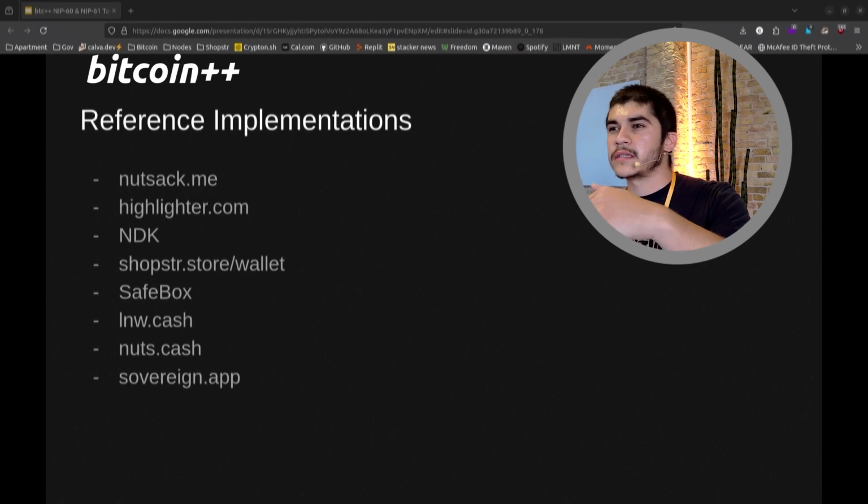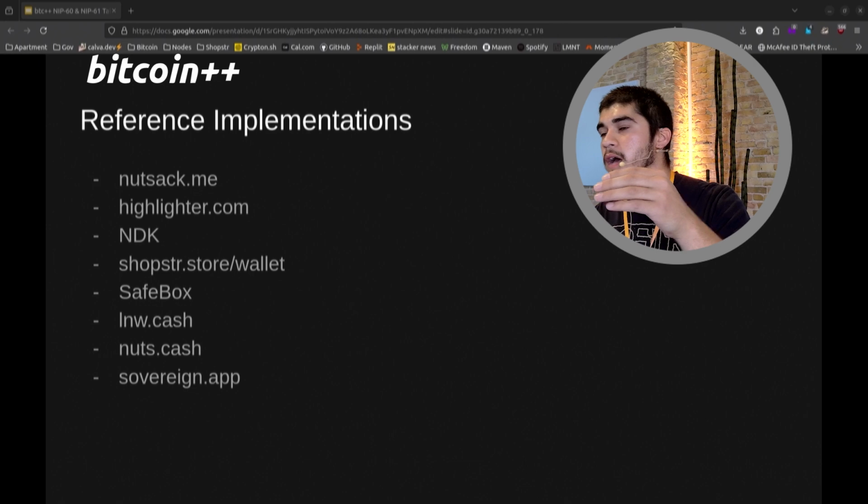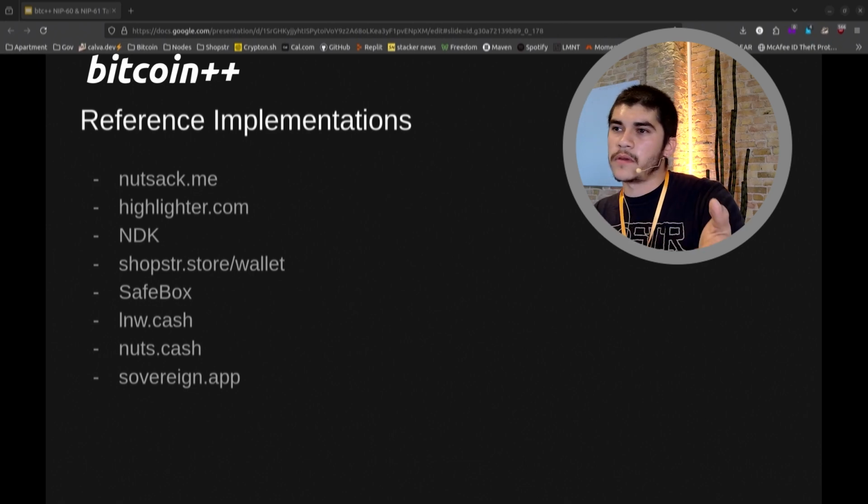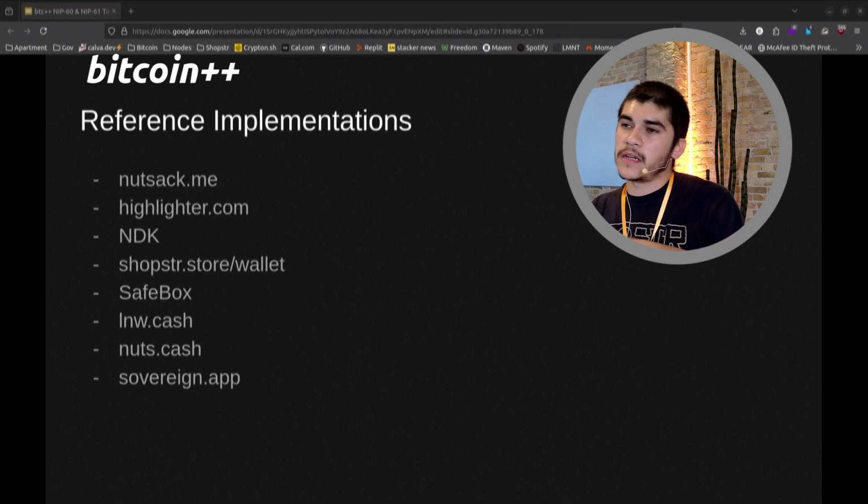And the big thing is that Shopster currently has its own NIP60 wallet implementation, so it's a native wallet built into the app. I wanted people who had never touched Bitcoin but just wanted to sell their items and receive money for it to be able to very simply get it without needing to download another wallet app.